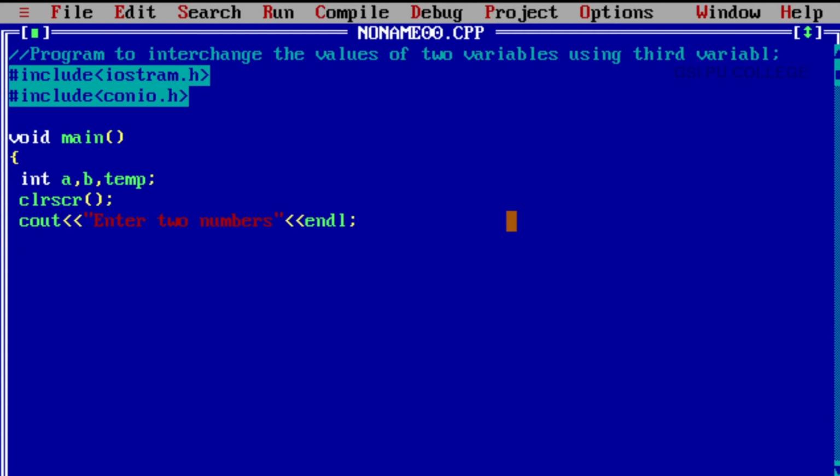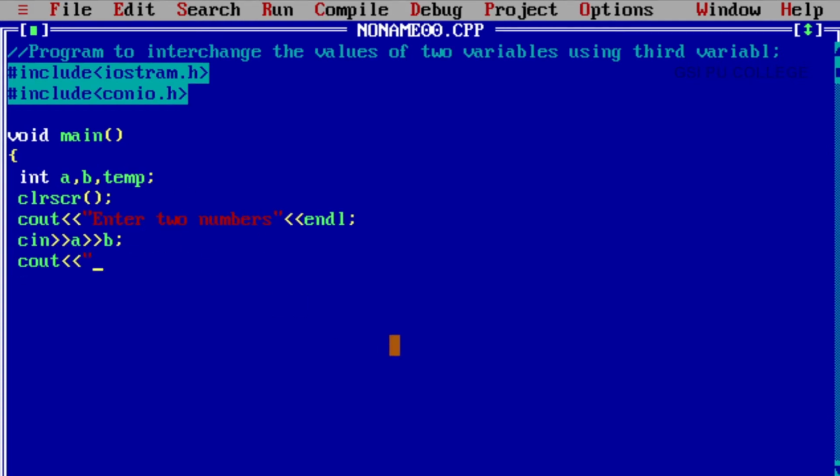Next, we have to make use of the input statement, that is cin. We have to enter values for two variables, that is a, and one more operator, and b, and semicolon. Students, here we have used the variables a, b and temp. We have to enter values for a and b, so we have to use the same variables as we have declared in the declaration section. Next, press enter key. Cout operator, double quote